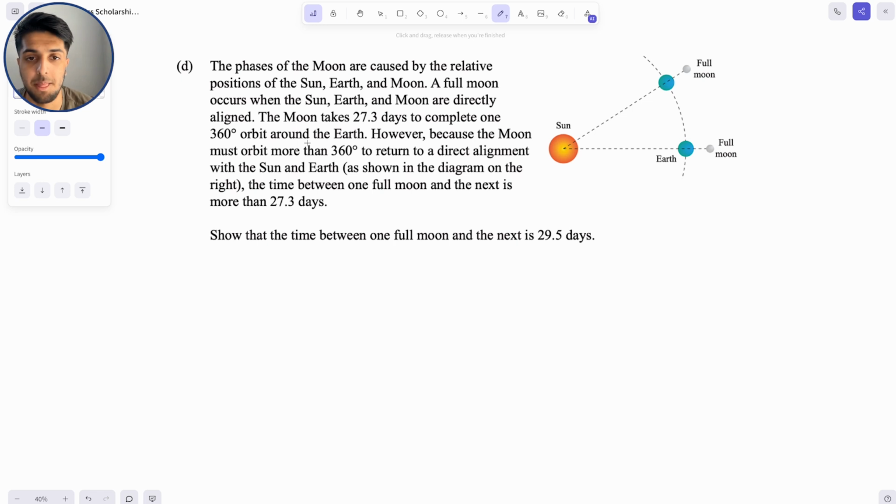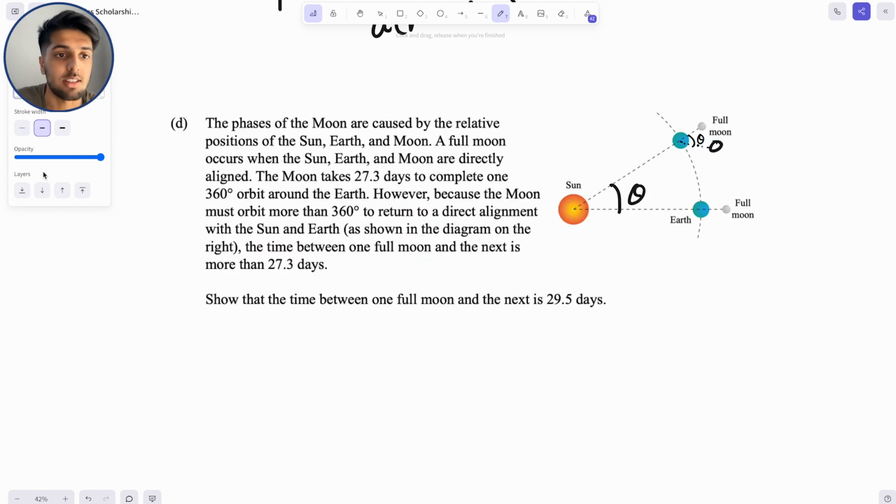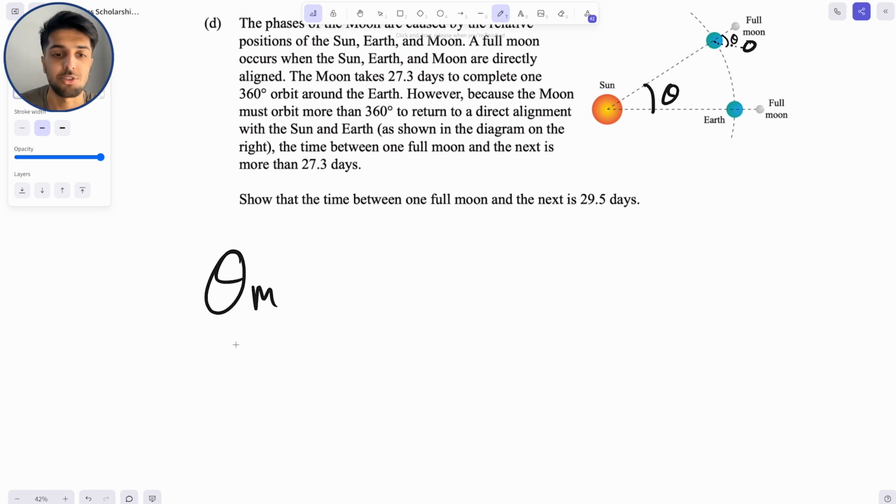Okay, for this question, we need to realize that as the Earth moves through this distance here, which we can label that angle theta, it will complete a full rotation plus an extra little bit, so the moon will be here, and that angle is also theta. These angles are the same. So in saying that, we can say that the distance covered by the moon, which we measure in radians, is equal to a full rotation, which is 2 pi, plus that angle that the Earth moves,